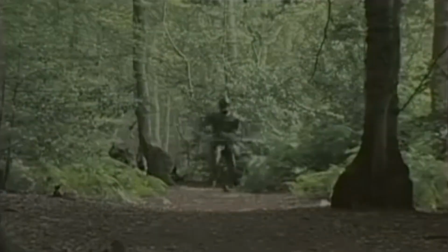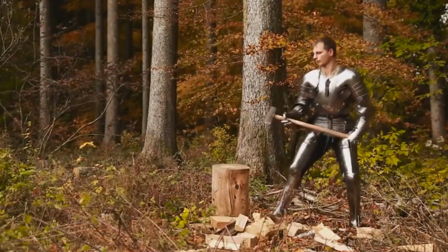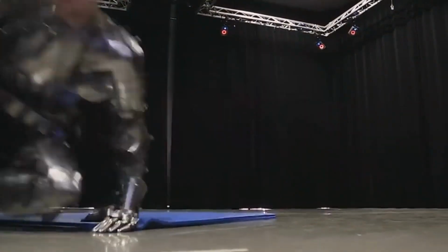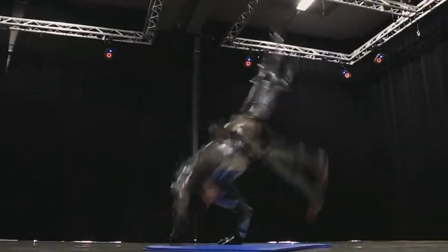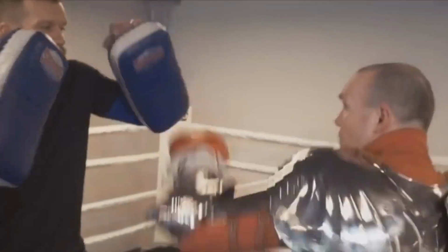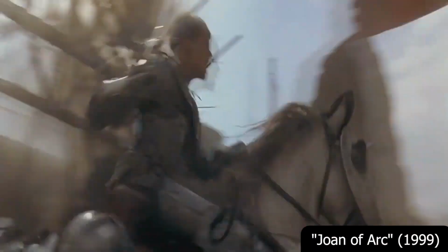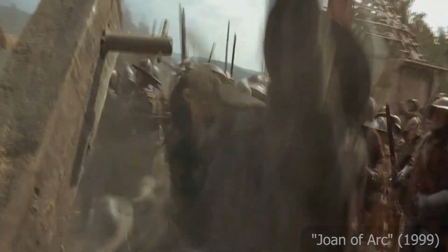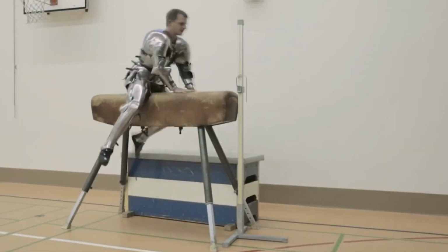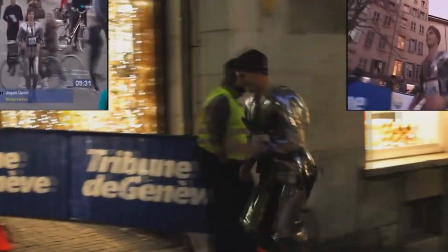The fourth misconception is also quite common: the belief that people in armor were clumsy and immobile. In reality, that's not entirely true. Wearing armor does require good physical fitness, but it doesn't drastically reduce agility. Additionally, most of the weight is carried on the hips, so arm movements remain largely unaffected. And that's crucial for mounted knights who primarily rely on their arms and shoulders in combat. With proper training, a person in plate armor can climb onto a horse unassisted, run long distances, perform acrobatic maneuvers,